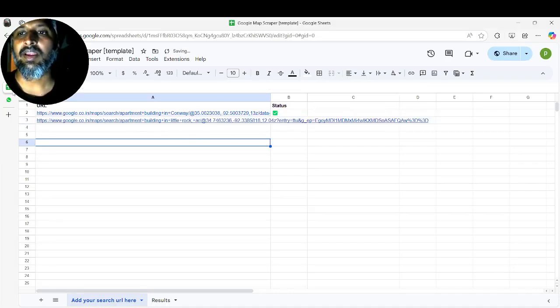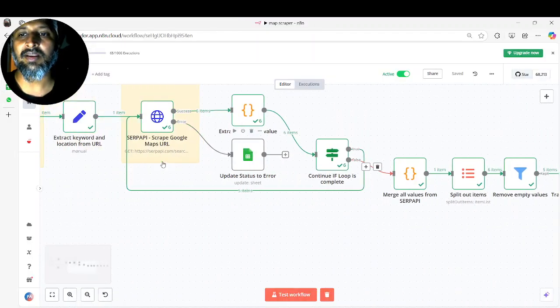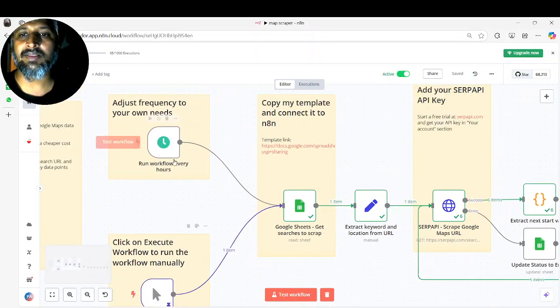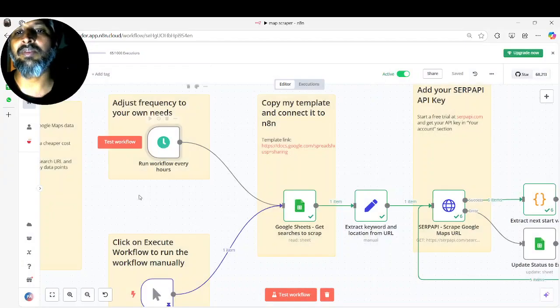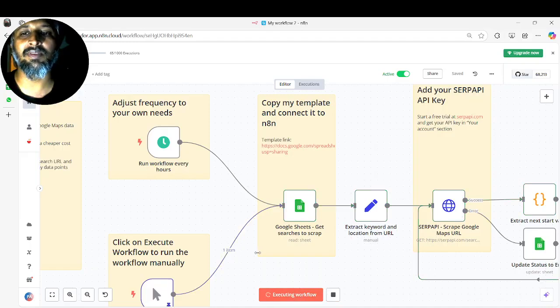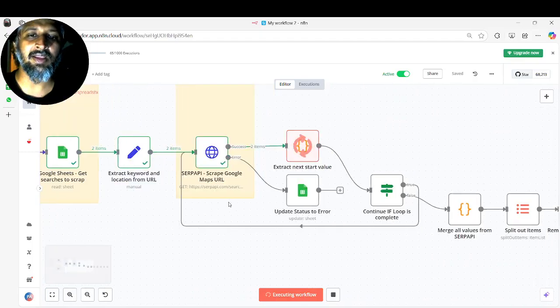It is there. So currently the frequency of your trigger is per hour, so I will not be waiting for an hour. That's why I'll simply click on test workflow. As you can see, it has activated and all the things are happening. It is extracting all the data. It is going as a loop three to four times until all the data is fetched,